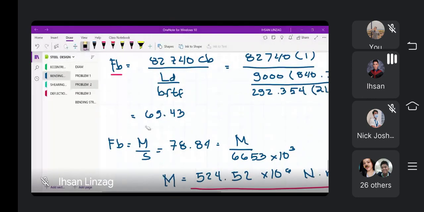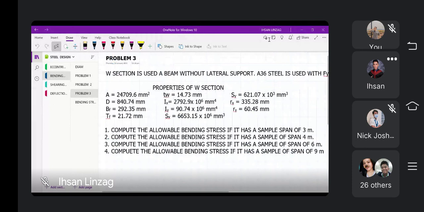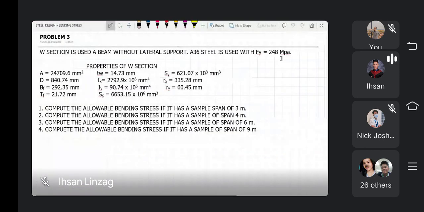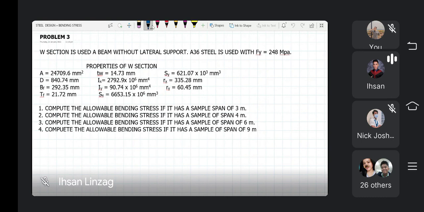So, kung wala nang tanong, let's proceed sa problem 3, for the last problem in this chapter. Again, marami kayong isa-solve sa ating PDF. Pwede niyong pag-practicean yun. Okay, punta tayo sa problem 3. Pwede na tayong pumunta? Sige, sir. Okay. So, ang sabi